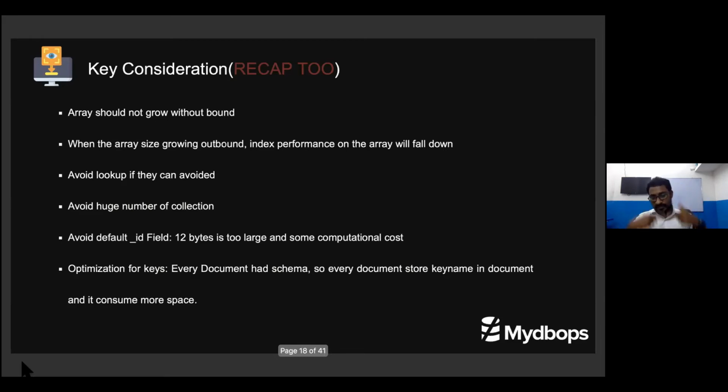First name Manoj, first name Kapilesh, first name Karthi. So the first name takes space, don't forget it. If you are reducing it, for example, instead of first name, what I suggest is FN is more than enough, because as a developer, you have proper documentation, you can know what FN is. FN is first name, no worries. So instead of storing this many characters, I have 10 million documents, and in all the places I'm going to store FN instead of first name. It reduces 40% of disk space.